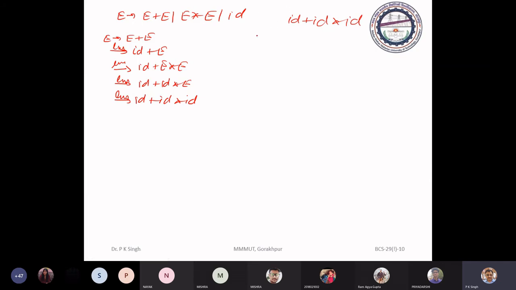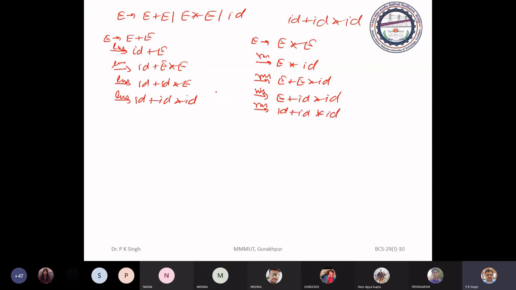For the rightmost derivation, you have seen E to E asterisk E, RM E asterisk ID, RM E plus E asterisk ID, RM E plus ID asterisk ID, RM ID plus ID into ID, which is equal to W.